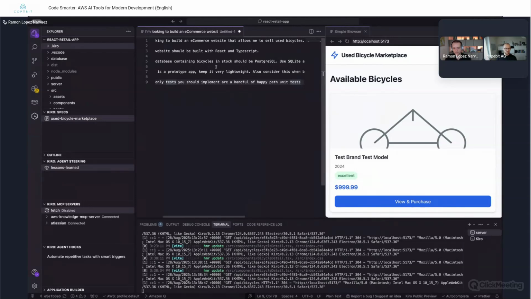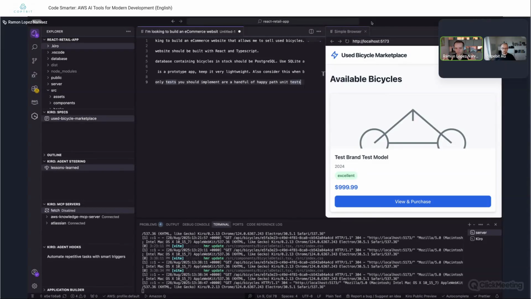So what you see here is Kiro, and if it looks familiar, it's because Kiro is based on Code OSS, so it's essentially a VS Code fork. Lots of developers will be familiar with the interface, but there are a few differences, and we'll talk about all of them.